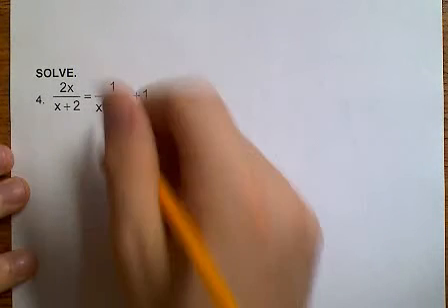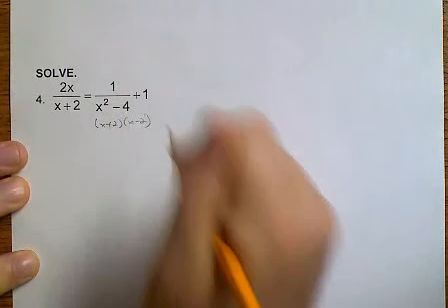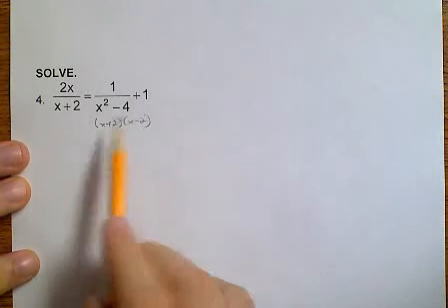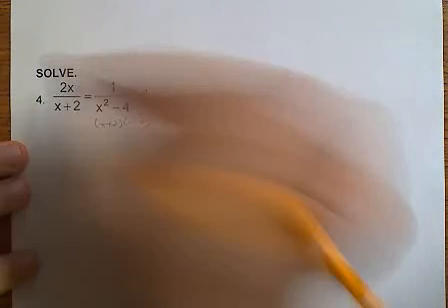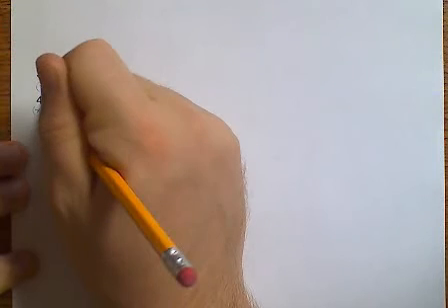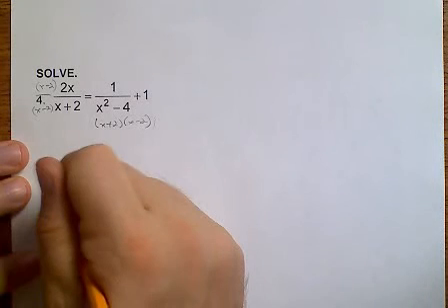Well, this will multiply into x plus 2, x minus 2. So I need everything to simplify to be x plus 2, x minus 2. Well, if we look at my first term, if I multiply it by x minus 2 over x minus 2, that's just multiplying by 1. Multiplying by 1 doesn't change anything, but it does give us something more to work with. That gives us 2x times x minus 2